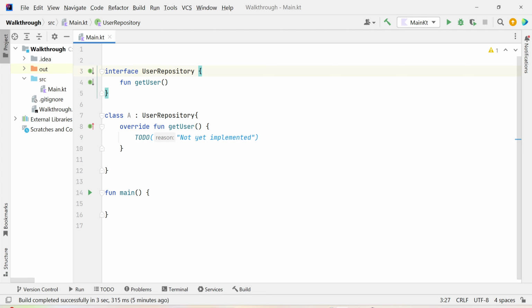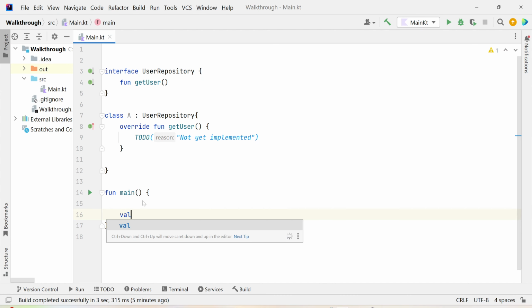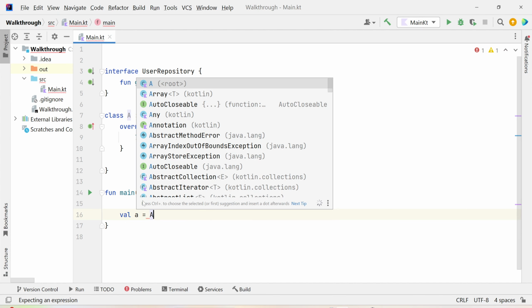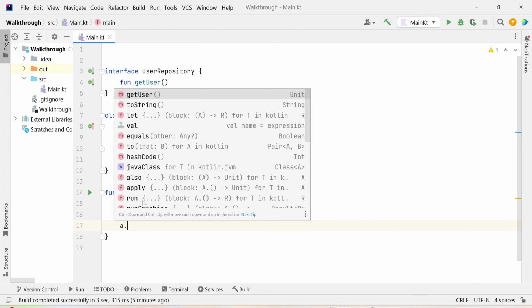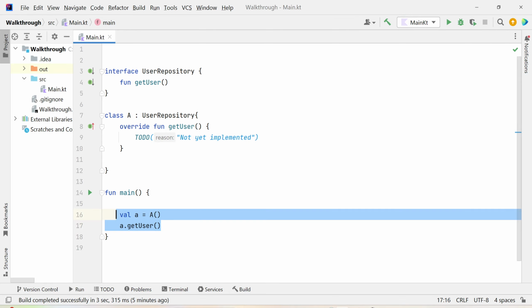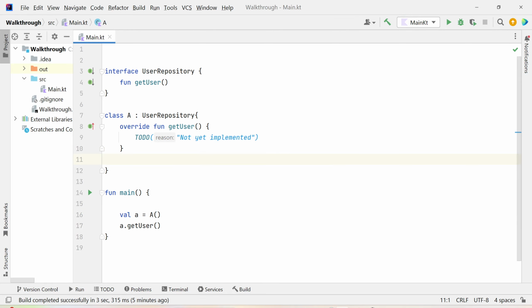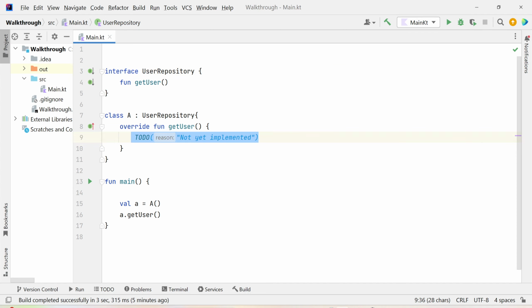Now we can call this function from an object. Let's say we are creating one object of class A. Then if you type a dot, you can see the getUser function is coming, right? That means we are calling this function. So this is about interface, which you already know. We will not write any code other than this. Next we will go for